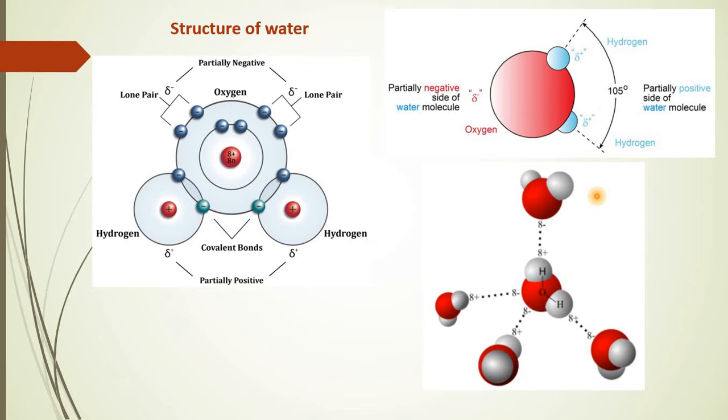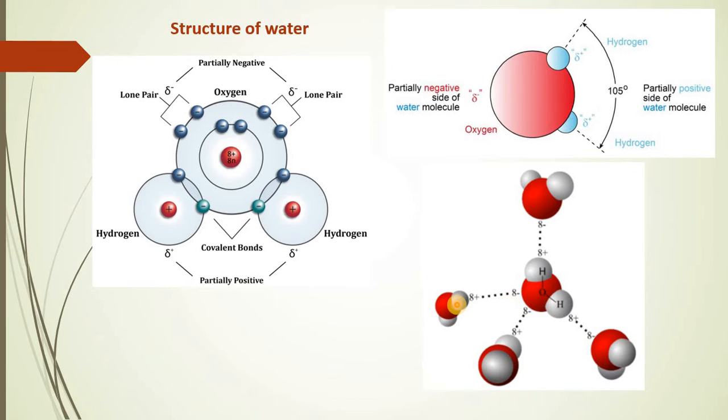So in doing so, many of the water molecules are linked together by their opposite charges. It means the oxygen atom which is partially negative will always show binding with the hydrogen atom which is partially positive, and therefore the linking will lead to formation of a multi-molecular structure giving rise to water as such.